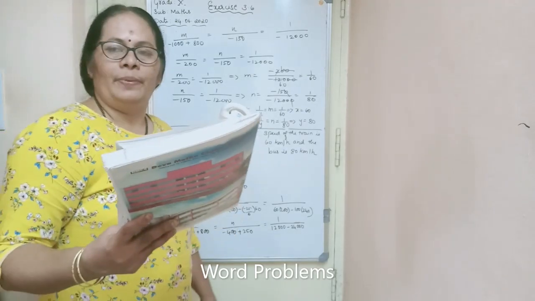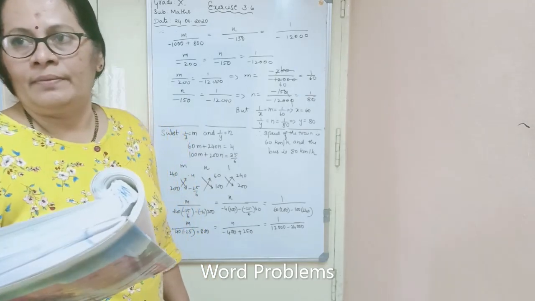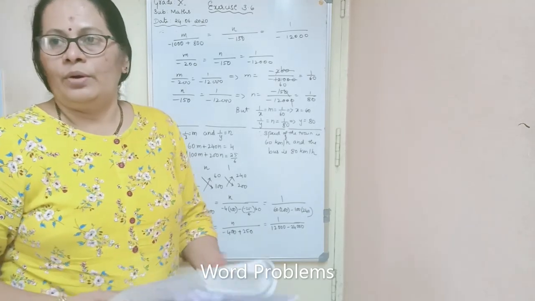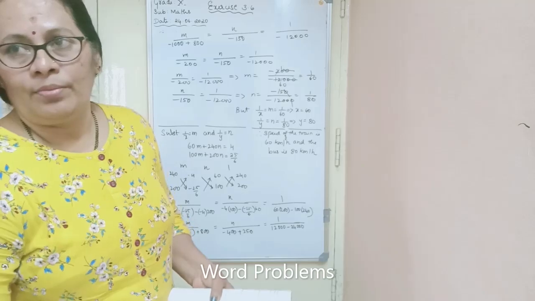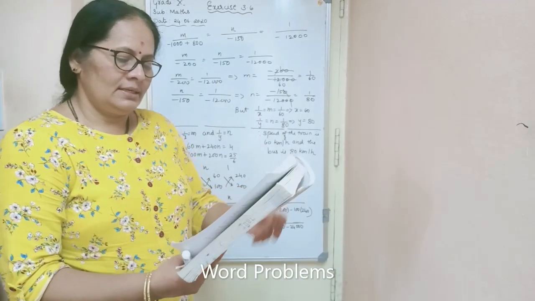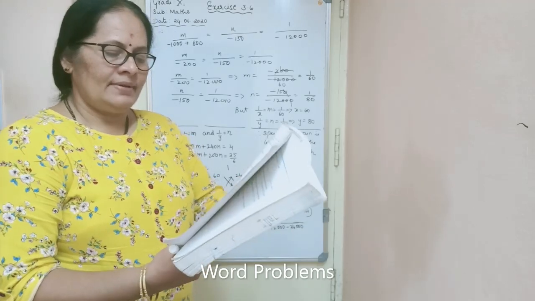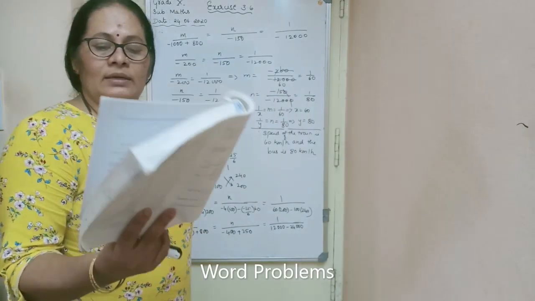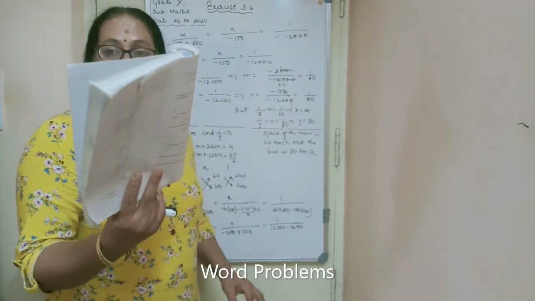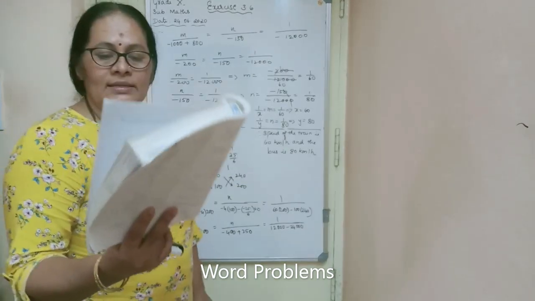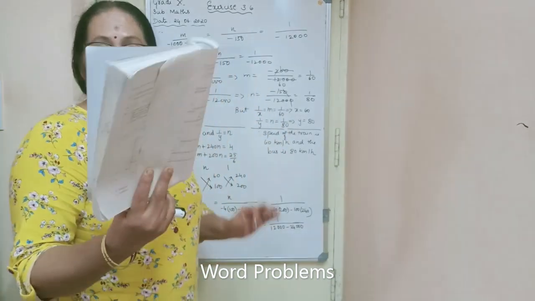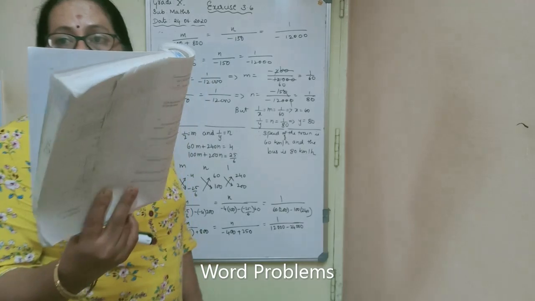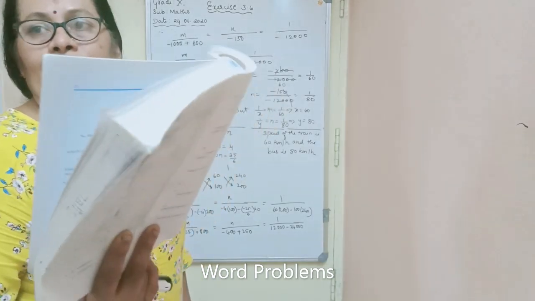So you have to take the speed of the train as x kilometer per hour, whereas the speed of the bus as y kilometer per hour. Total distance travelled is 300 kilometer. Now the first condition: she takes 4 hours if she travels 60 kilometer by train and 240 kilometer by bus. So 60 by x is the time taken by train, plus 240 by y is the time taken by bus, together 4 hours. 60 by x plus 240 by y equals 4 hours.